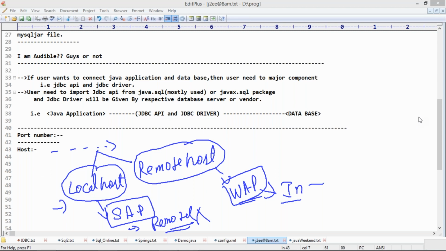Yes, correct, Arvind. Your Tomcat is basically the local host. If you are going to give the IP address, then it will convert to remote host. If you use the IP address of Apache Tomcat, it will work as remote host. But since we are not using any, you will write HTTP colon localhost. Normally it will be your local host. Yes, Kishore, correct. Whenever we talk about remote host, we can access the application